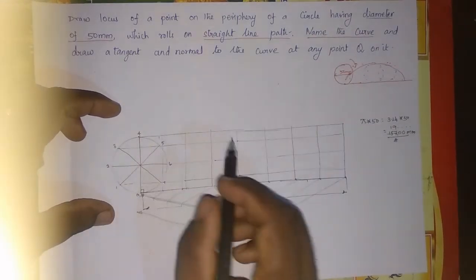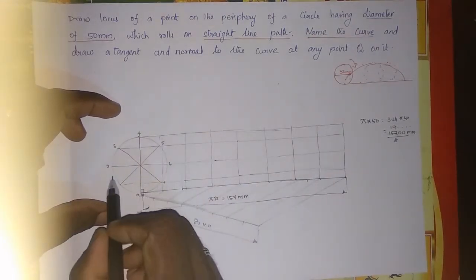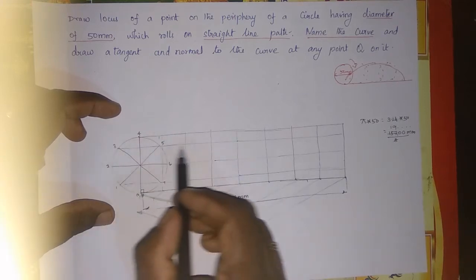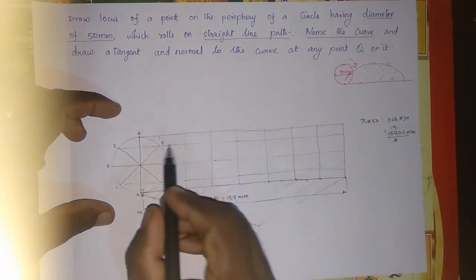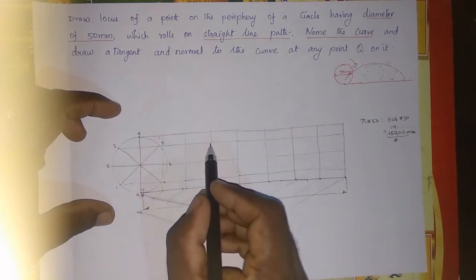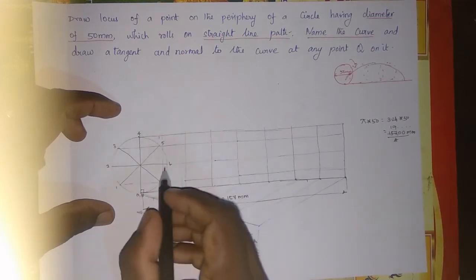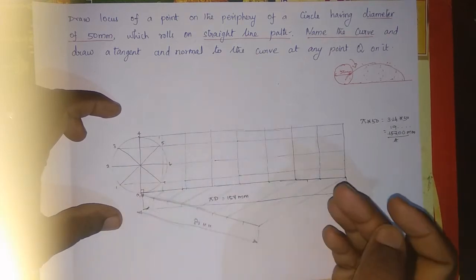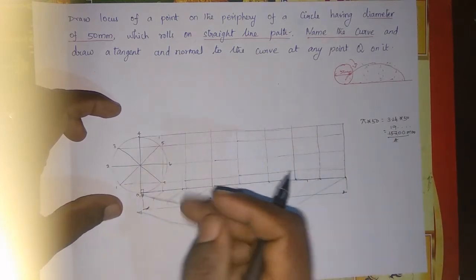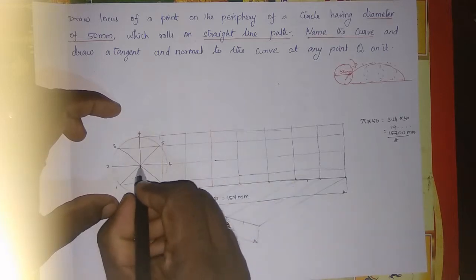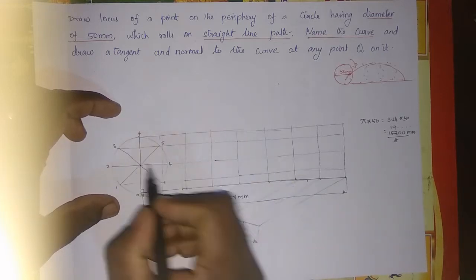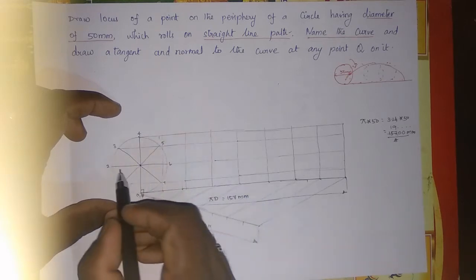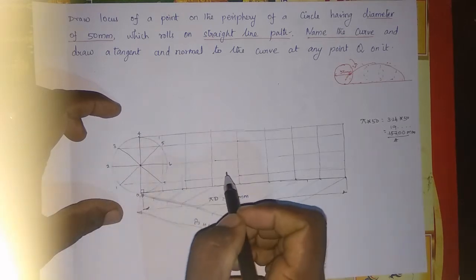After drawing the lines from each and every point, from 1 I have a line, from 2 I have a line, from 3 I have a line, from 4 I have a line, from 5 I am in the same line, those two are in the same path, and then the 6th I have the line, and 7 I have the line. And one more line, for some cases you have to draw from the center also. So now for this problem the center line also exists in the 2nd and 6th line.